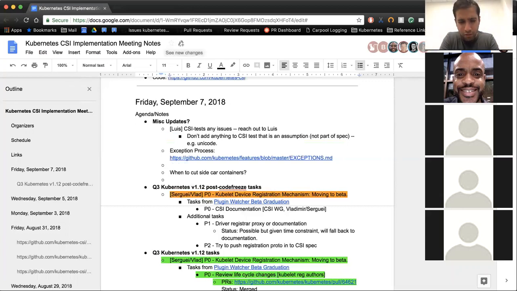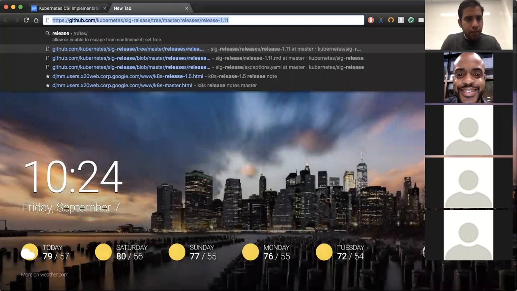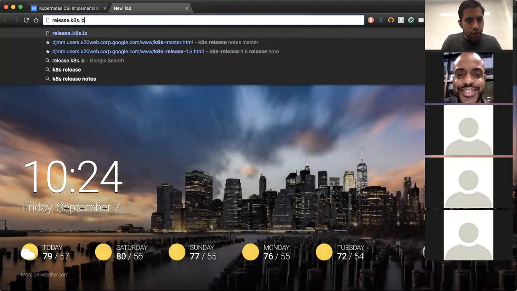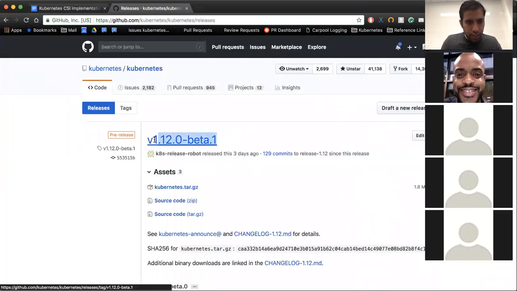Was it beta or alpha that was cut, the latest one? I didn't see a beta. Maybe I'll check again. I see there's a release 1.12. Do we usually not use that? I see something just called release-1.12. I don't know if we're supposed to use that. This one right here, v1.12 beta 1.